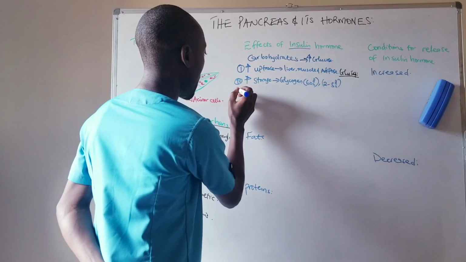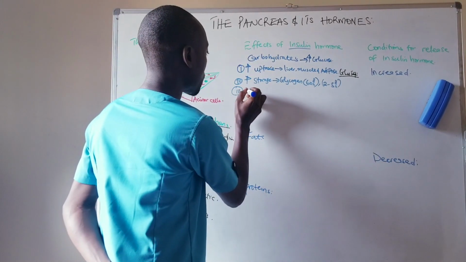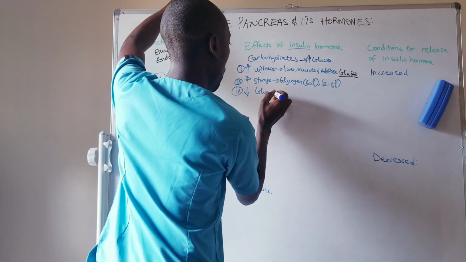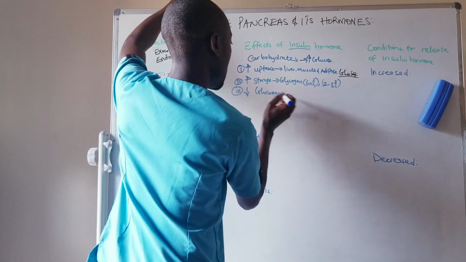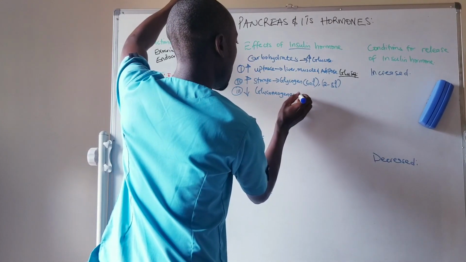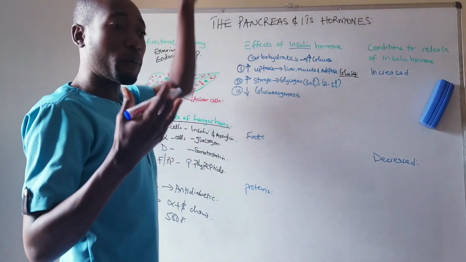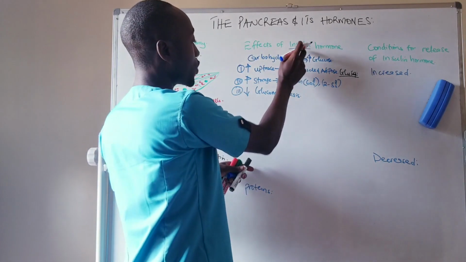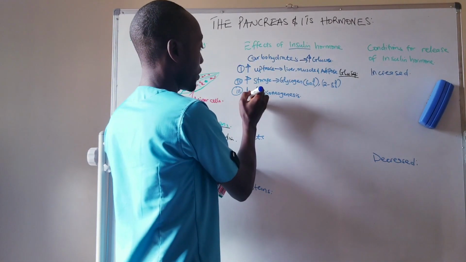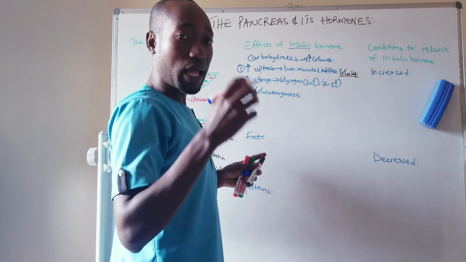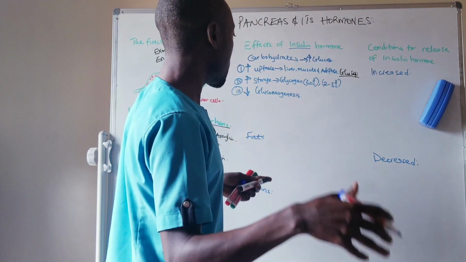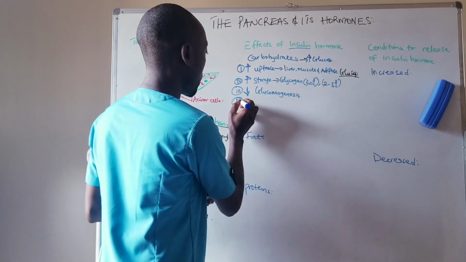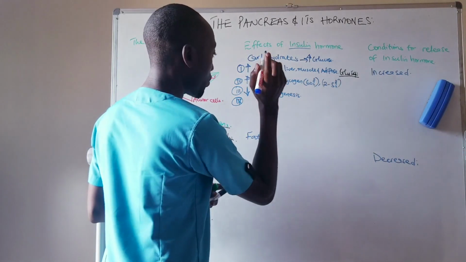Third, it is going to inhibit what we call gluconeogenesis. So gluconeogenesis is basically the formation of glucose from other sources. So insulin is going to decrease the process of gluconeogenesis, and as a result, it is going to decrease the amount of glucose in blood. The fourth one is that when there is increased insulin,